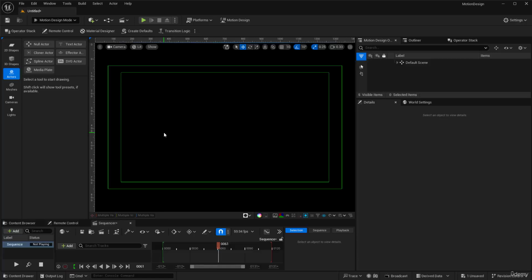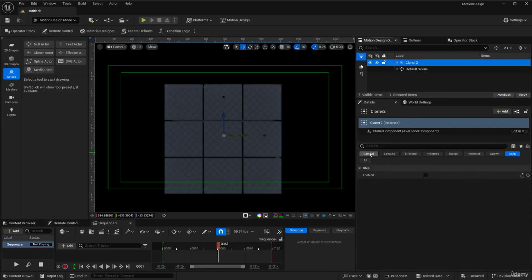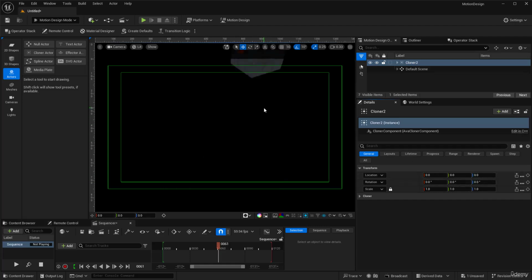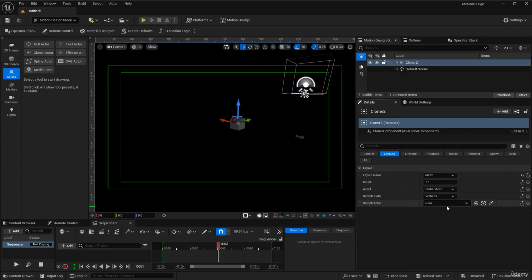Let's continue and see how the mesh layout works. So let's create the cloner and let's go ahead and reset everything here. So if you go to the layout, if you change that to a mesh, we need now to select a